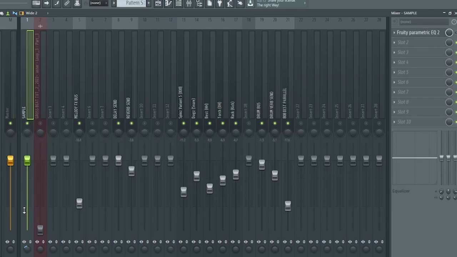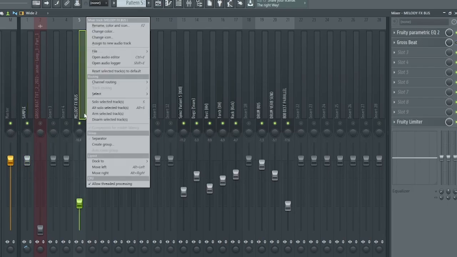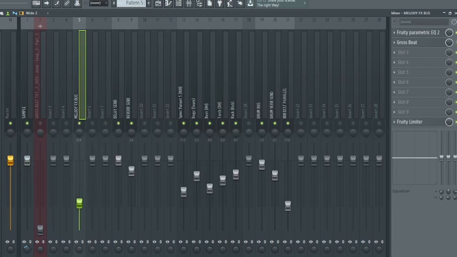You can add variation. That's one way to add variation to your entire melodic composition without actually making a new melody or adding anything extra. But then the thing that people will do is they'll come into Gross Beat